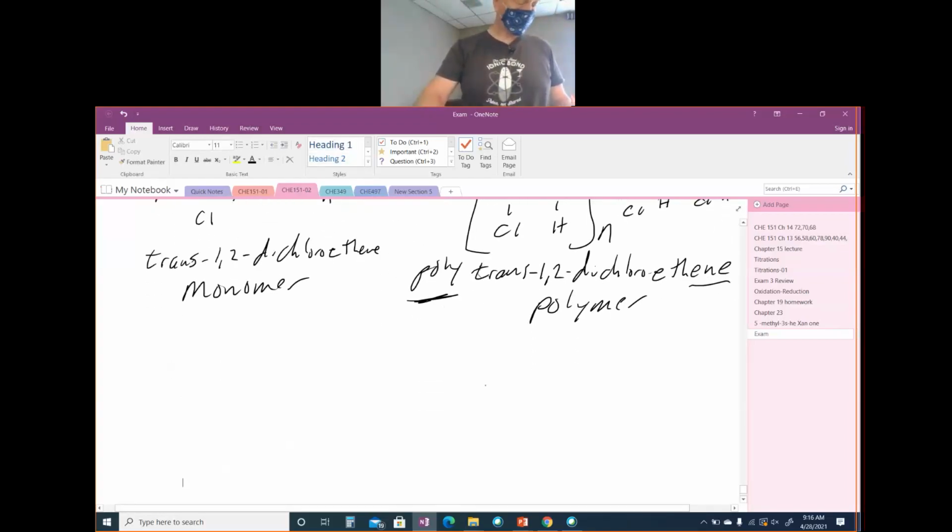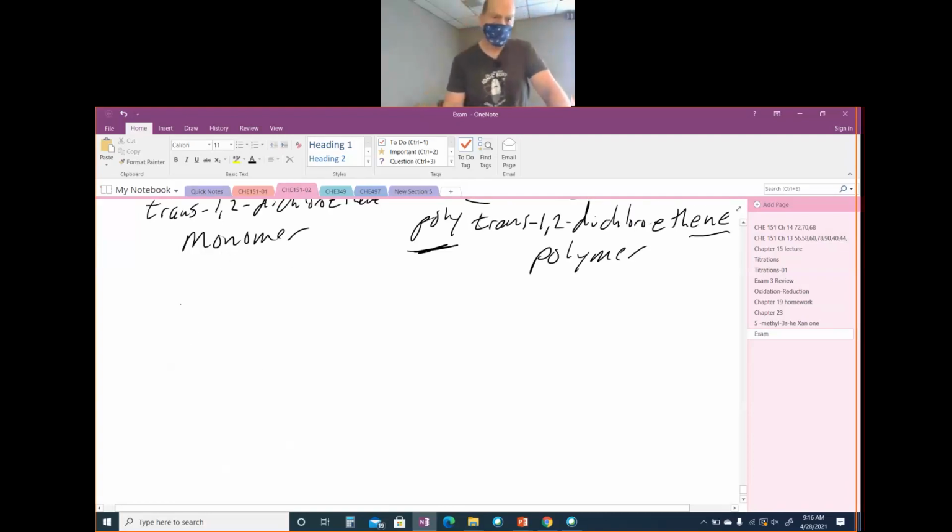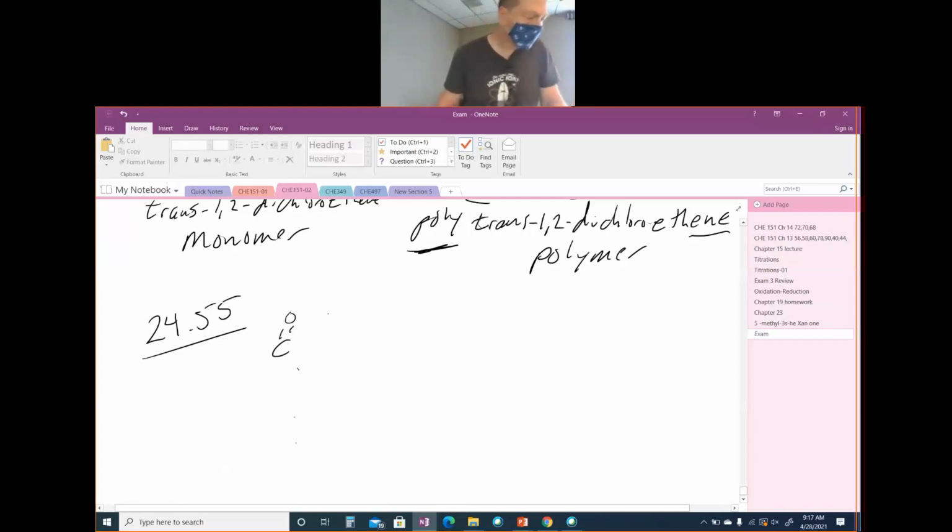All right, 2455. All right, Kevlar, a polymer fiber used in bulletproof vests. So here is the polymer Kevlar. We have a C double bond O, and that's to a benzene ring, and that's to another C double bond O, and then your NH, which is bonded to a benzene ring,